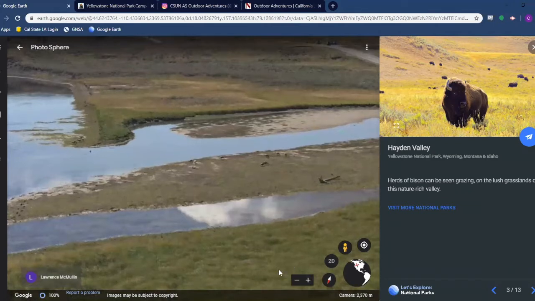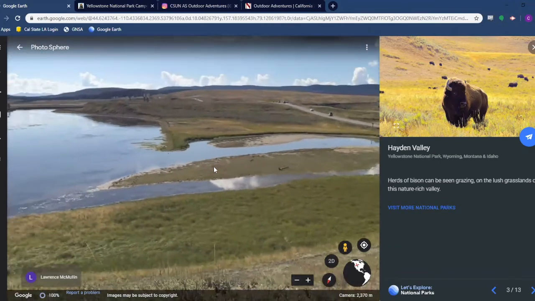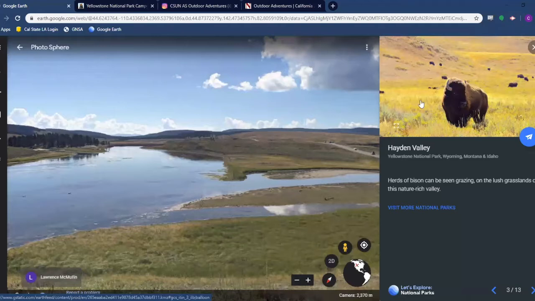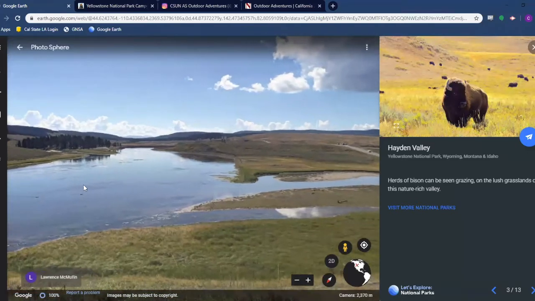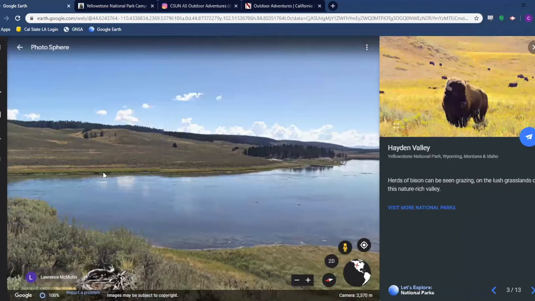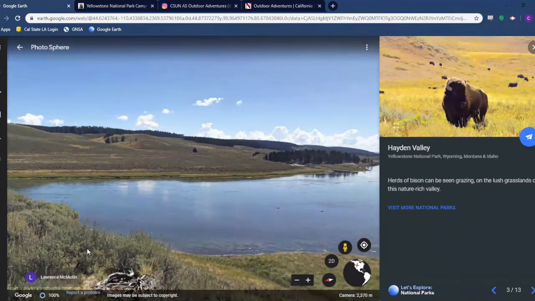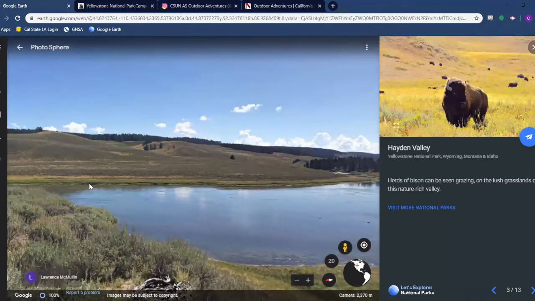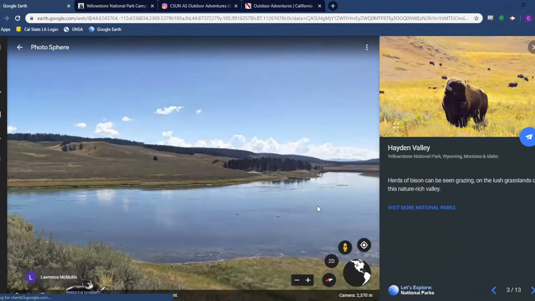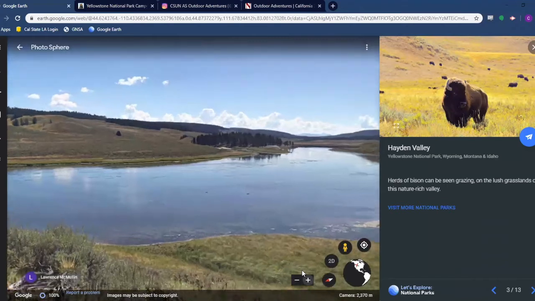Yellowstone houses the largest amount of free roaming bison. They have almost 5,000 bison that roam free throughout the park. They have elk. They also have wolves that were once eradicated from Yellowstone, but were reintroduced in 1995 and have flourished in their population. One of my favorite animals that we can see when we're in Yellowstone is the moose,